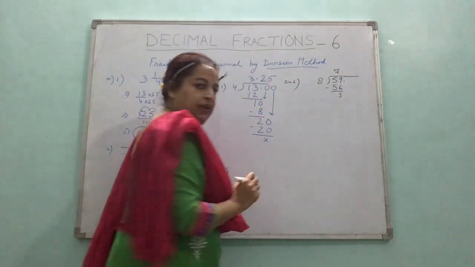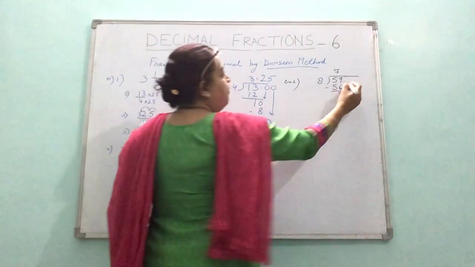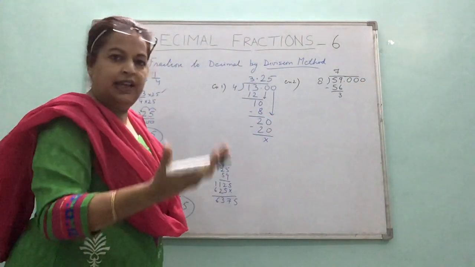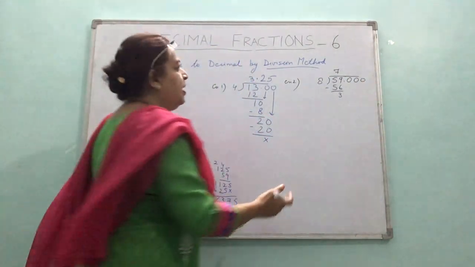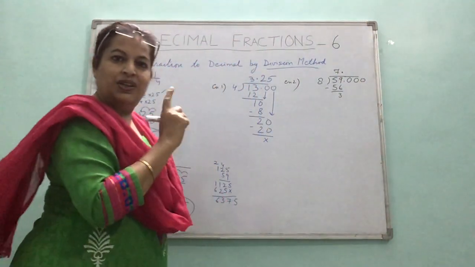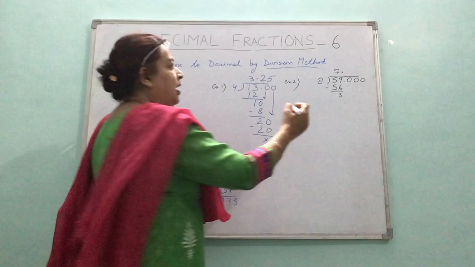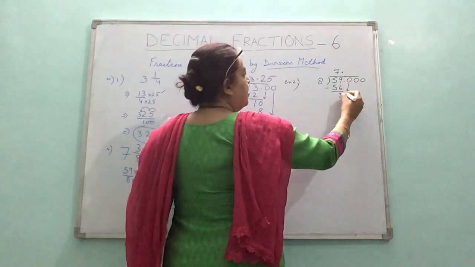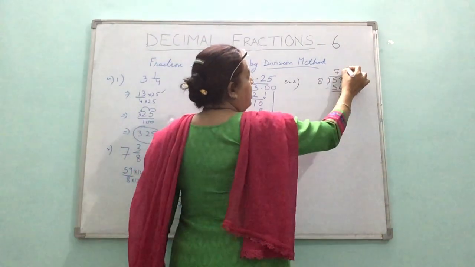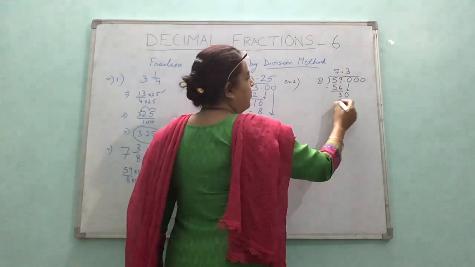So put a decimal, right? And we can put the zeros after that, 2, 3, as many as we need, we keep on putting. As I am going to use a 0, I have to put a decimal in the quotient also, right? And then we can use the 0. Now 8, how many times? 8 3s are 24.